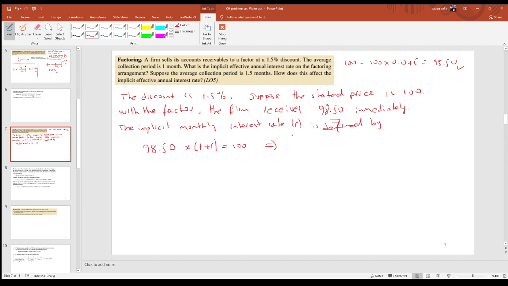So from this, your R will be slightly higher than 1.5%, which is equal to 1.523%. So therefore,